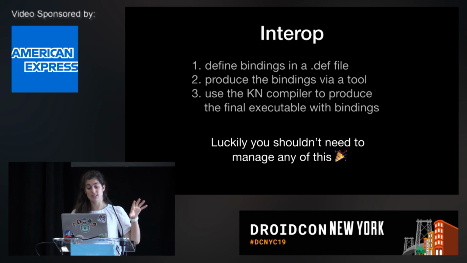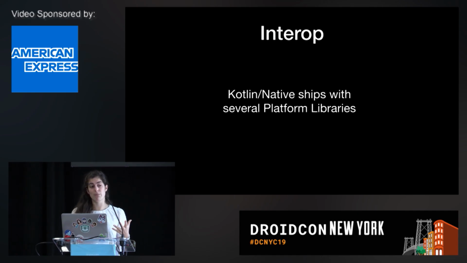Now, luckily, you don't usually need to do any of that. It is happening, but it's happening for you because JetBrains has written a lot of platform libraries that are there by default. Specifically, they ship POSIX by default, which is the Portable Operating System Interface. I think someone can fact check me on that. And then also Objective-C bindings and things like that. These are written for you. So JetBrains has gone ahead and done this translation layer for you so that your Kotlin code can interop with anything that is C or C derivative.